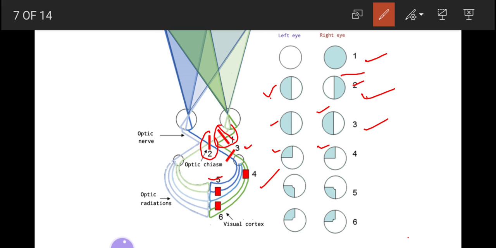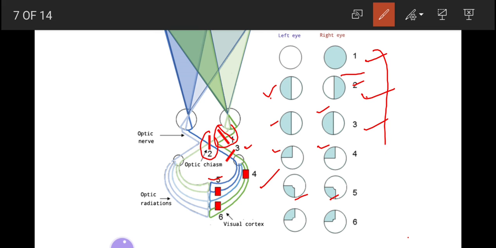Next, number 5. When these fibers are destroyed, that is, when there is a lesion at this level, these fibers carry information projected from the left lower visual hemifield of each eye. That is why this disorder is known as inferior left homonymous quadrantanopia, as shown in the diagram, and also known as the pie on the floor disorder. This disorder occurs when there is vascular occlusion of the middle cerebral artery. This was all about the lesions. It is a very important topic.